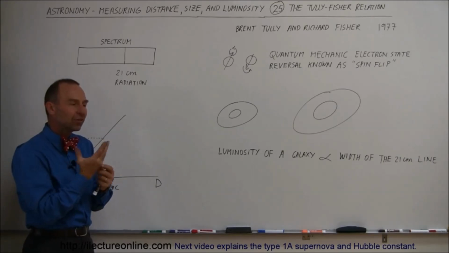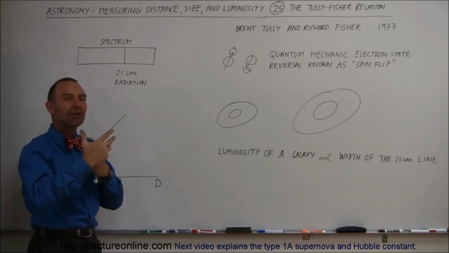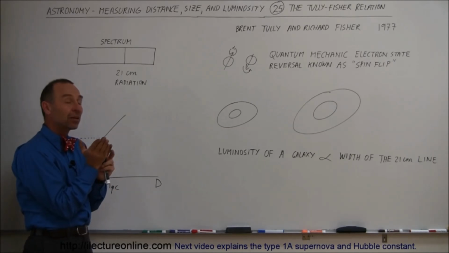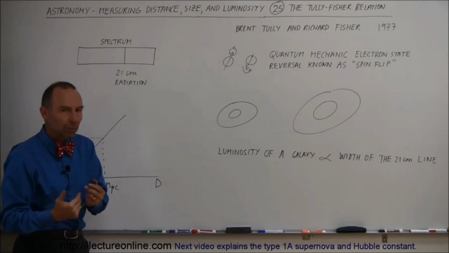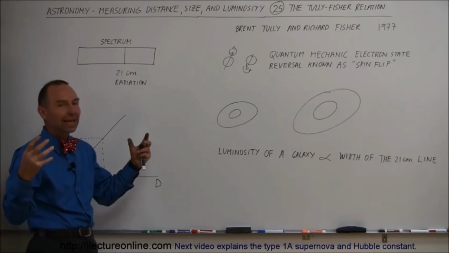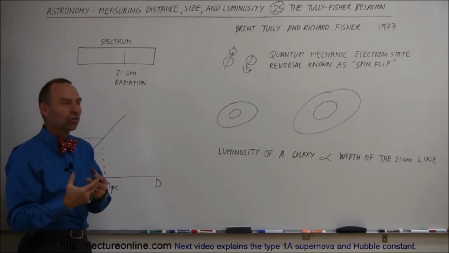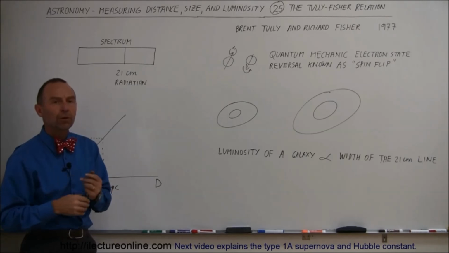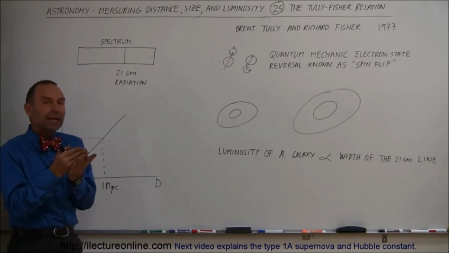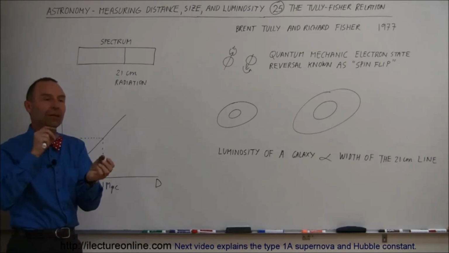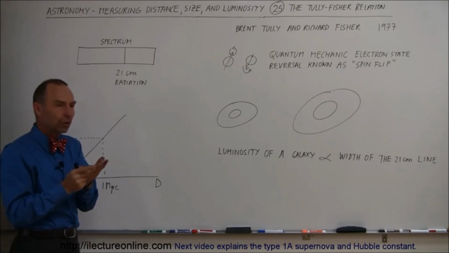It's a quantum mechanics state in relation to the electromagnetic fields inside the atoms that cause electrons to be oriented one way or the other way in terms of the angular momentum and in terms of the electrical forces due to the attractive and repulsive forces due to the charges. And so we can then measure that radiation. It turns out that the photons are emitted when the spin flip like that occurs,